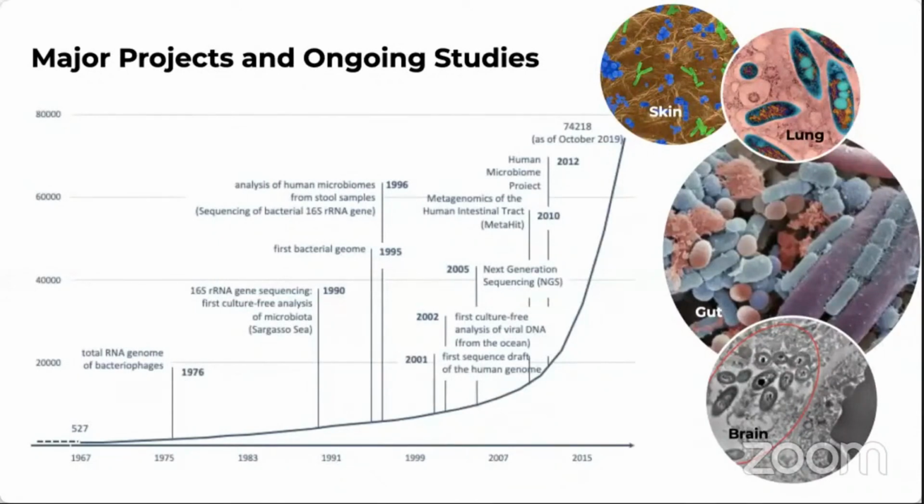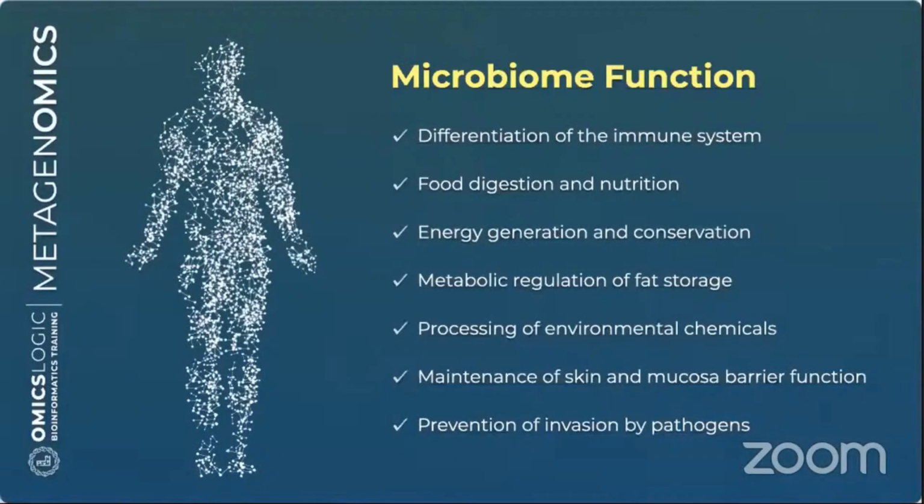So as a result of these studies, skin, lung, gut, and even brain microbiota are starting to be characterized, and their relationship with our well-being and their involvement in maintaining balance, the general biosis of our microbial community, are constantly being explored. So today we know that